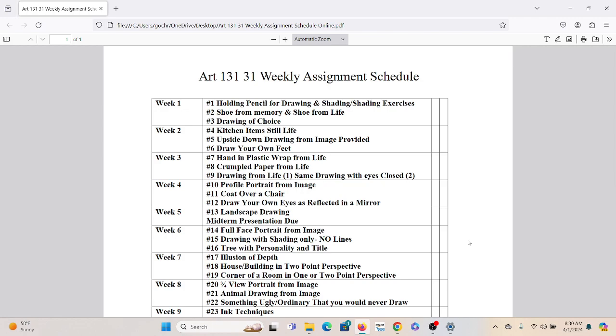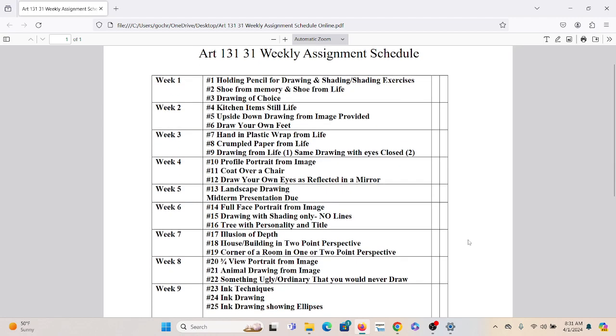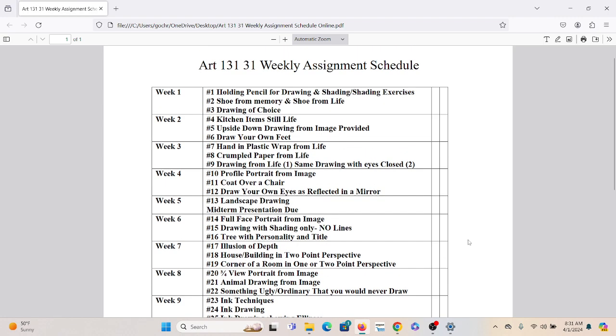We're going to talk about how the procedure will go with the weekly assignment schedule. Basically, you see here that this is the weekly assignment schedule. It's available on Canvas. On the left sidebar there will be a syllabus option. In syllabus, the syllabus is there, and also this handout, which you can print out. I suggest you do and have it handy so that you can refer to all the assignments and keep up with what you have completed and what you haven't completed, and what I've asked you to work on more for